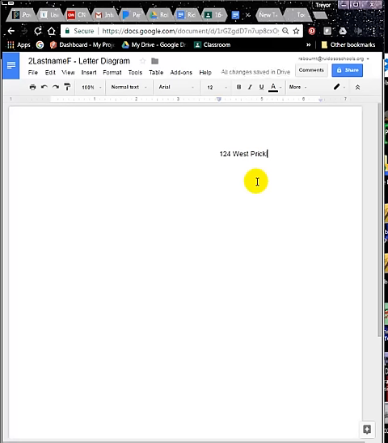We put that in there so that if the recipient wants to mail a response back to us, they know where to send it. So we'll put in 124 West Prickly Pear Avenue, which is just a made-up address for Grumpy Cat. That's not really where he lives. Morristown, Arizona